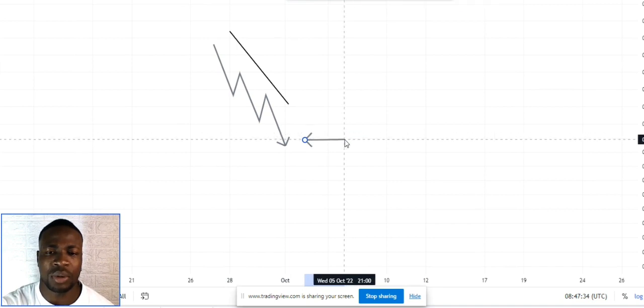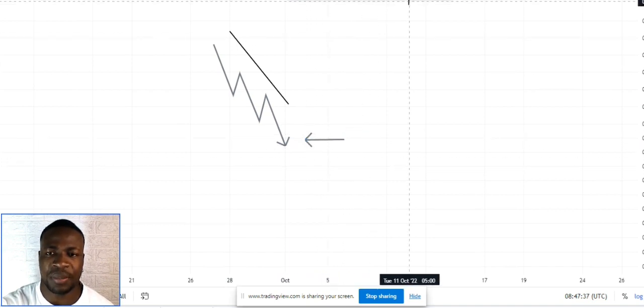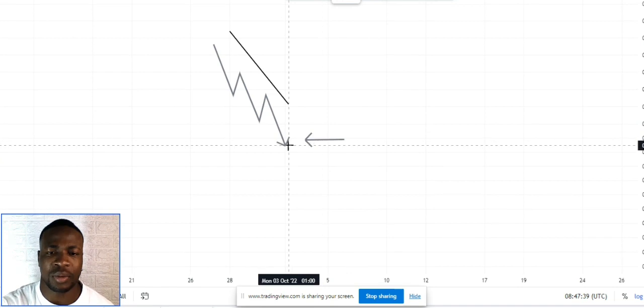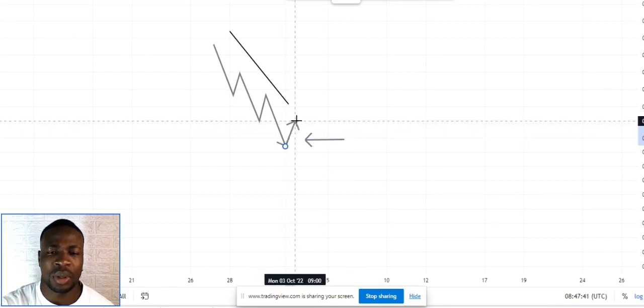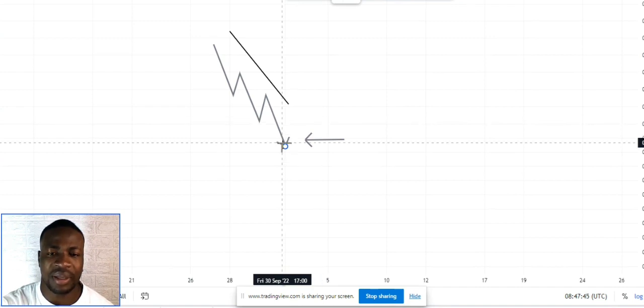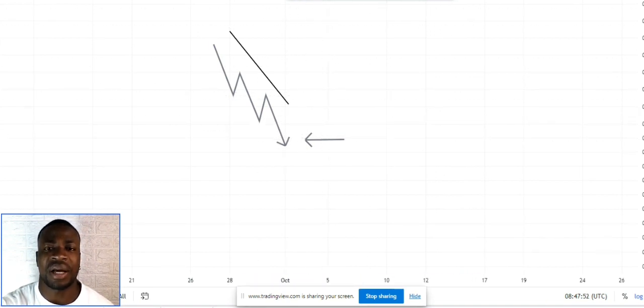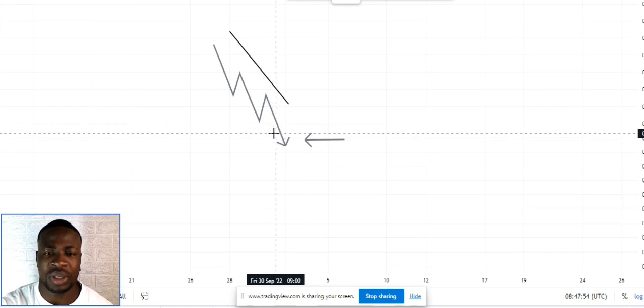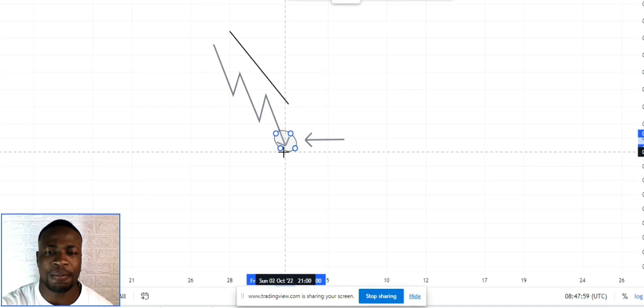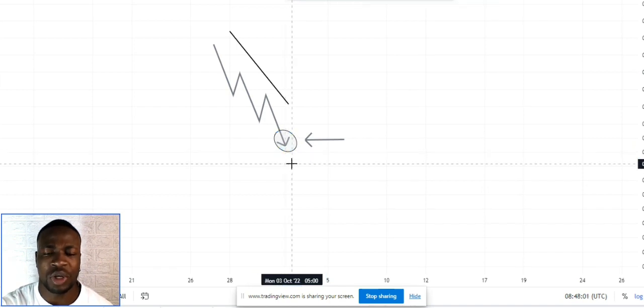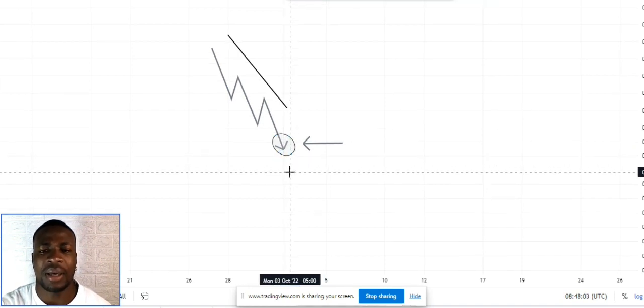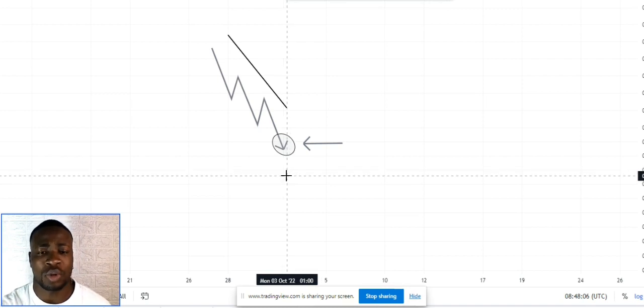Now, once you have identified the new low, you don't just want to jump into the markets in anticipation of a pullback to the most recent lower low that was broken. You don't want to do that. Once the market has created a low, you want to identify and isolate the area where the market starts to range. So in this situation, you wait for the market to first rally down and create a new low. Once that new low has been created, you want to identify an area in the market where there's a lot